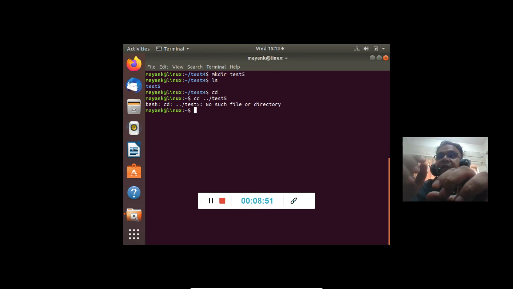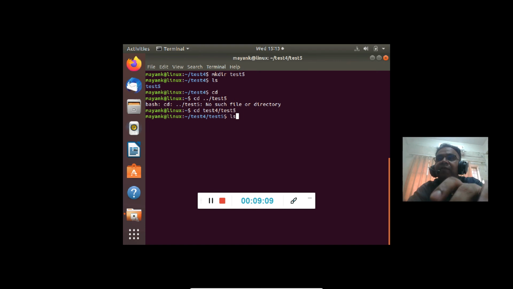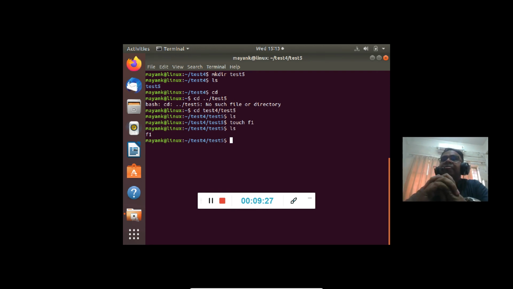So what I have to do is go to test5. If I write cd test4 and then / and then test5, will it allow us to go? Yes, it allows us to go. So what I did was write down the path: first you have to go to test4 and then forward / and then test5. If I ls over here, it says nothing is present in this test5. So let us create a file in it. What we are doing now is just playing with some commands, that is cd and touch, creating the files, and also seeing the ls command. Yes, a file has been created.